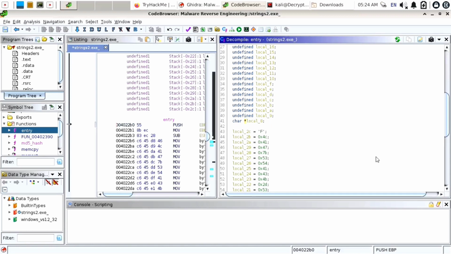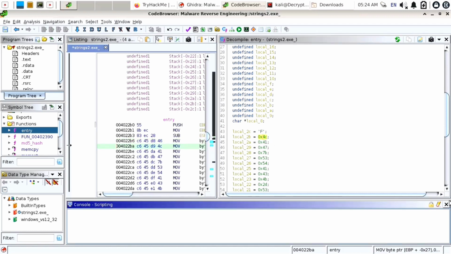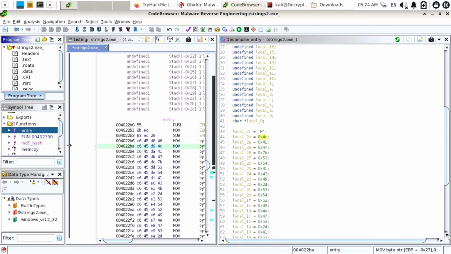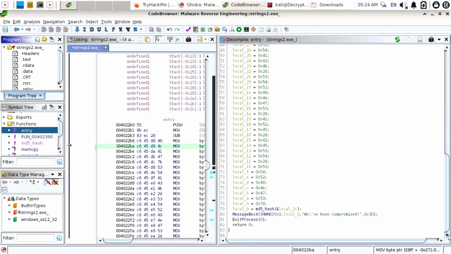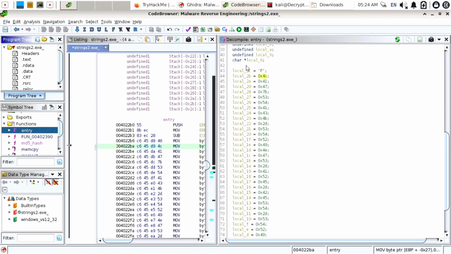Now below that there are plenty of values, like local 2 having the value f. That is in plain text format. But after that you can see the values are in hexadecimal format, because you can see 4C, 4B. In hexadecimal the values are from 0 to 9, thereafter A, B, C, D, E up to F. So this is in hexadecimal format.